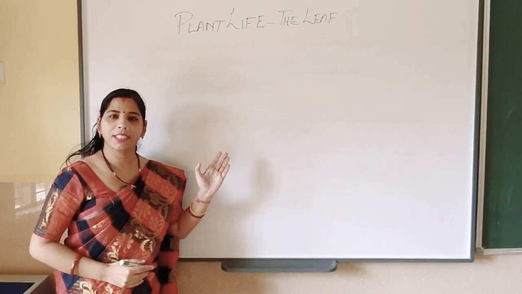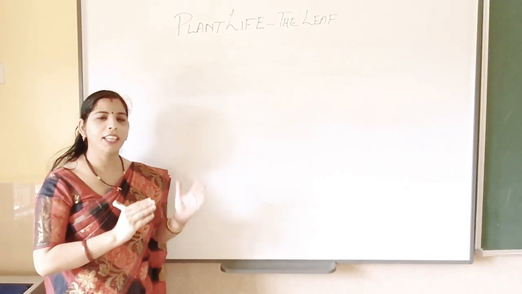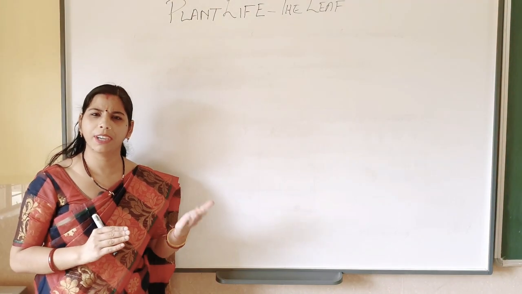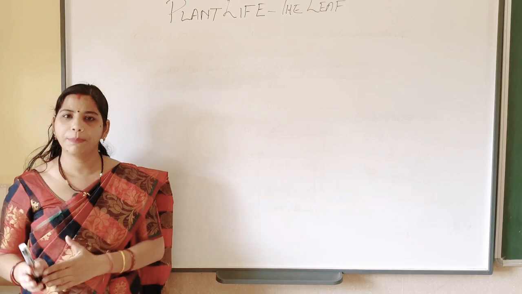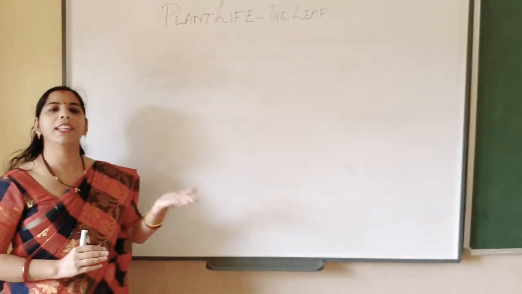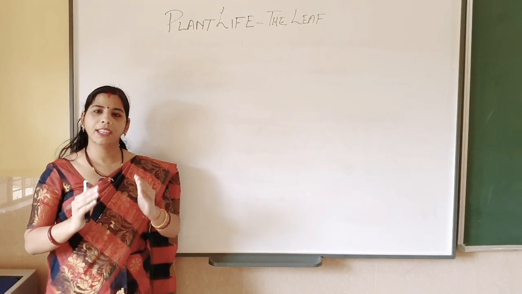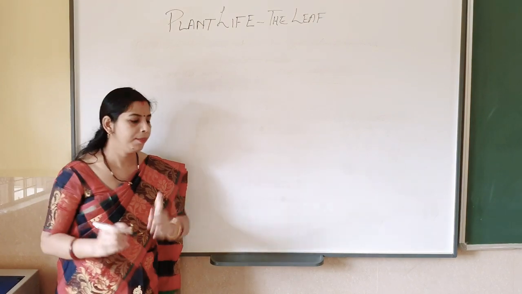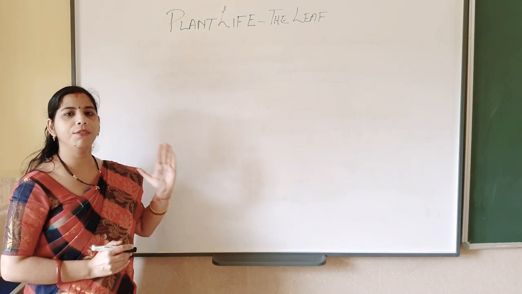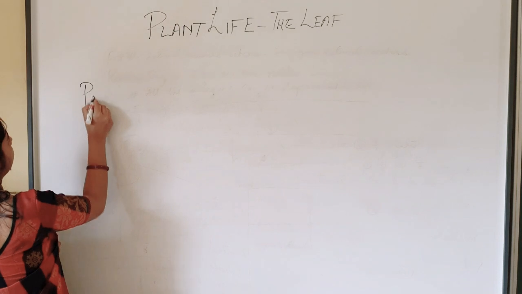So plant life, that means whenever you are going somewhere, you are observing anywhere, you are watching the different types of plants. They have different natures, different designs, different patterns. And if you are going somewhere else, you also observe other varieties of plants. That means plants grow in different manners in different habitats and environments. But basically they have a similar and basic structure. First we will familiarize ourselves with that structure. That means the plant.